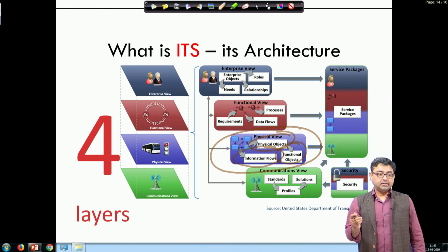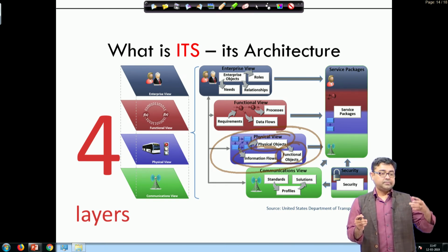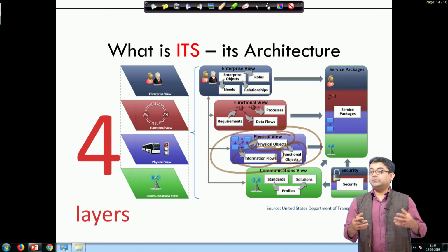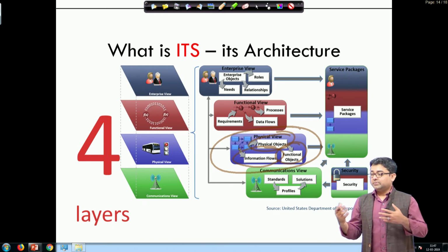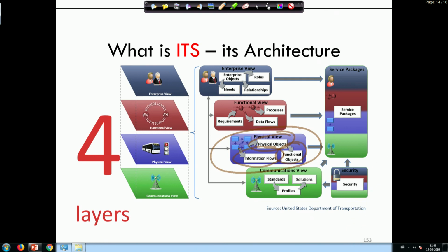Communication, as I was saying, has to be two-way, has to be between vehicles, has to be between the vehicle and the roadside device. So, there are different forms of communication. Should it be wireless communication? In some cases there is wired communication. Should it be on Bluetooth? Should it be on Wi-Fi, local network, internet? As a system architect, you have to know all of this because you are developing this